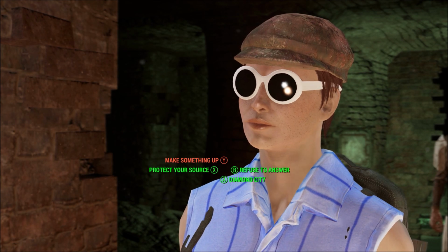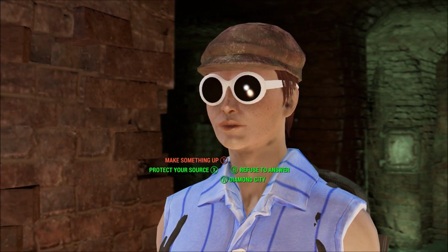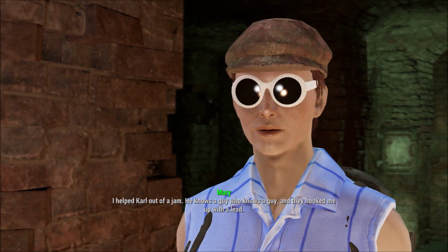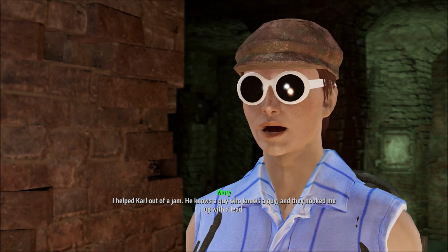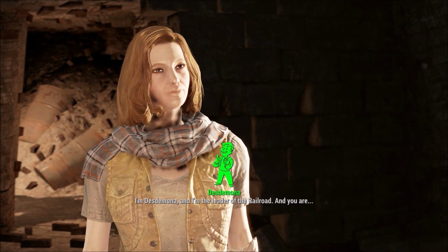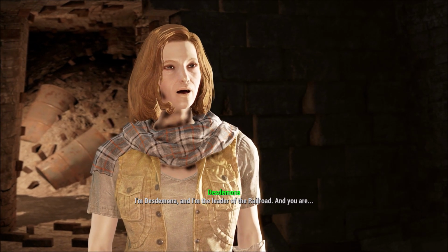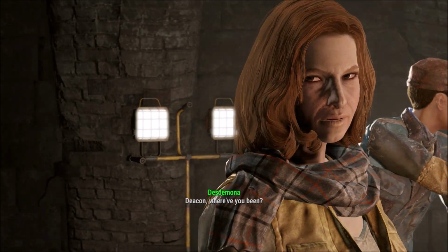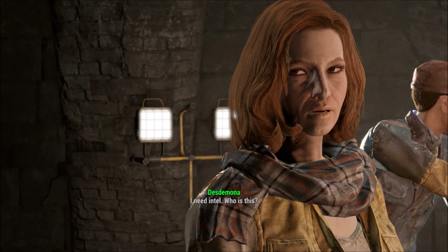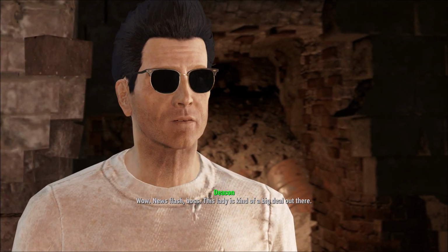You know, I'm not exactly sure. I can't remember. Frankly, I just know the game. I helped Carl out of a jam. He knows a guy who knows a guy, and they hooked me up at the lead. We'll look into that. I'm Desdemona, and I'm the leader of the Railroad. And you are? Deacon, where have you been? You're having a party. What gives with my invitation? I need intel. Who is this? Wow. Newsflash, boss. This lady is kind of...